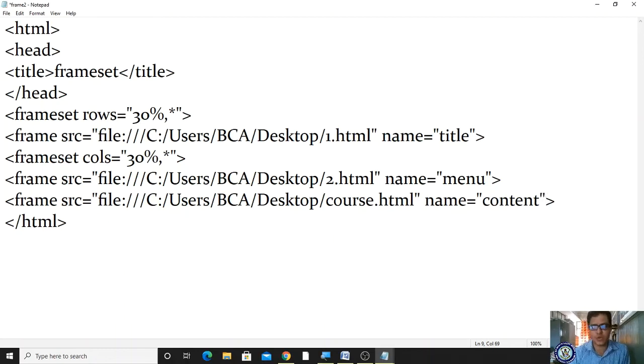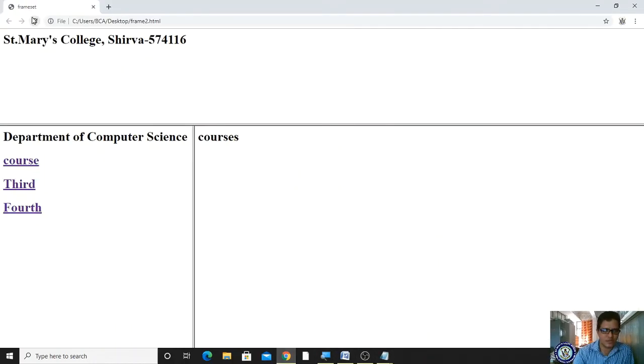You can give your own name also, but you should know where you have to use the target attribute. Where do we have to use the target attribute? In hyperlinks. Where do those hyperlinks exist? In your 2.html file. Got it? Yes. Now I am saving this file. After saving this file, it doesn't change anything. It will come as it is. If I click, it will open in a new window. Okay, but it is already set because we have taken the same names.